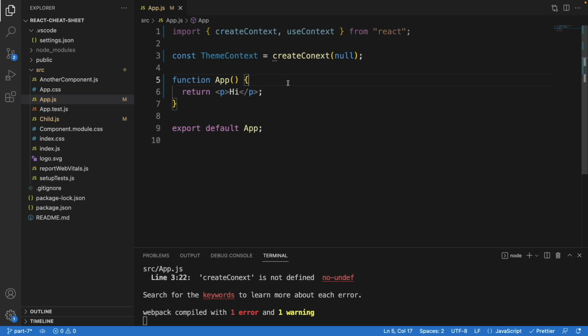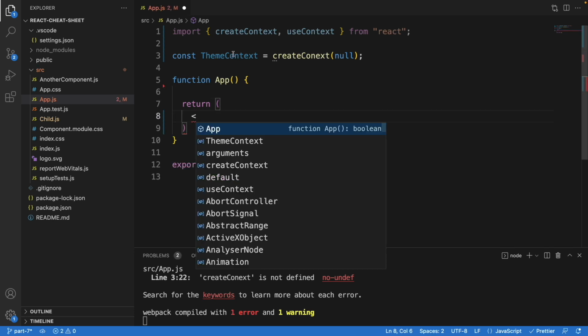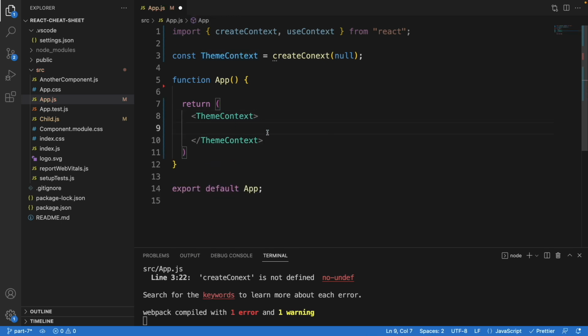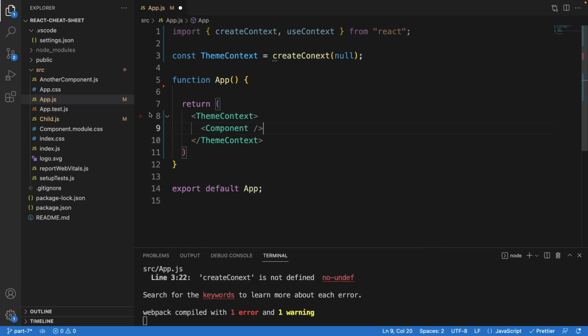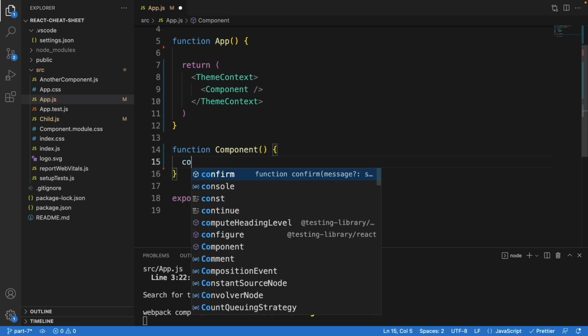Okay, so in the return, we want to return the theme context here that we define, and inside the theme here we can call any component. So in this case I'll call just the component, and we need to create this component, right? The component called component. So this will be a function component, and inside the component we can start